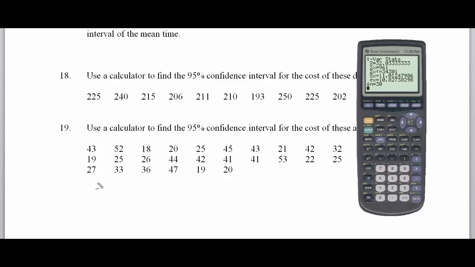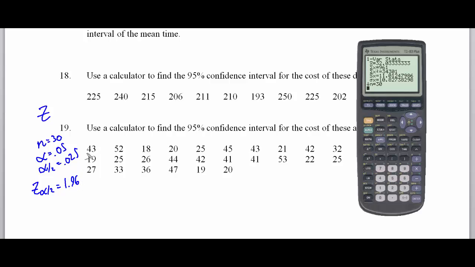And now, depending on your rounding, you might get a slightly different answer than what's in the answer key. But let's just write down the critical information. We have 30 pieces of data here, so we're going to use the z-test. And that means that we're going to take our alpha, which in this case is 0.05, and divide it by 2. That alpha divided by 2 is 0.025. So I'm going to look up either the 0.025 on my z-chart, or I'm going to look up 0.9750, and that's going to give me a 1.96, that 1.96, my z alpha divided by 2,